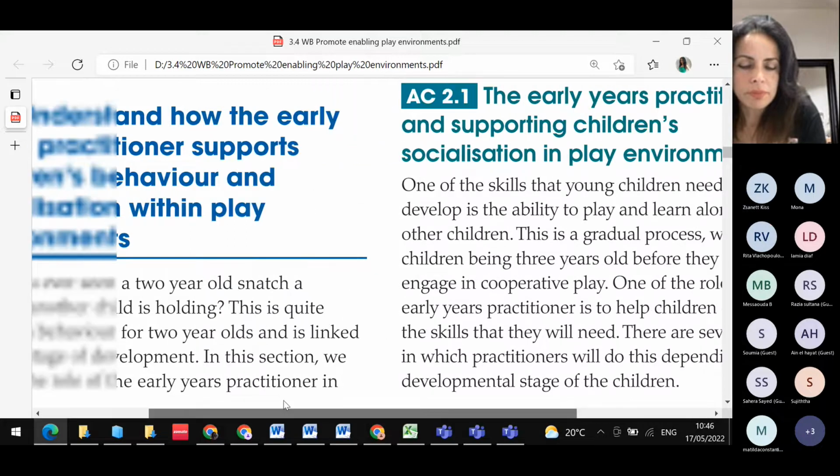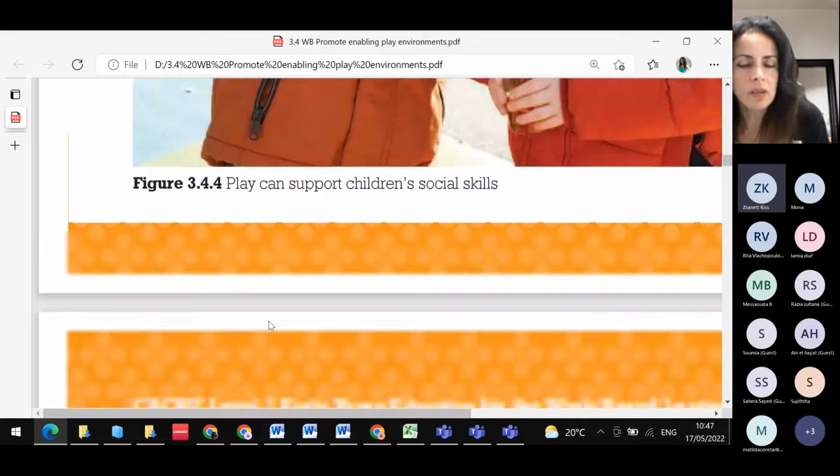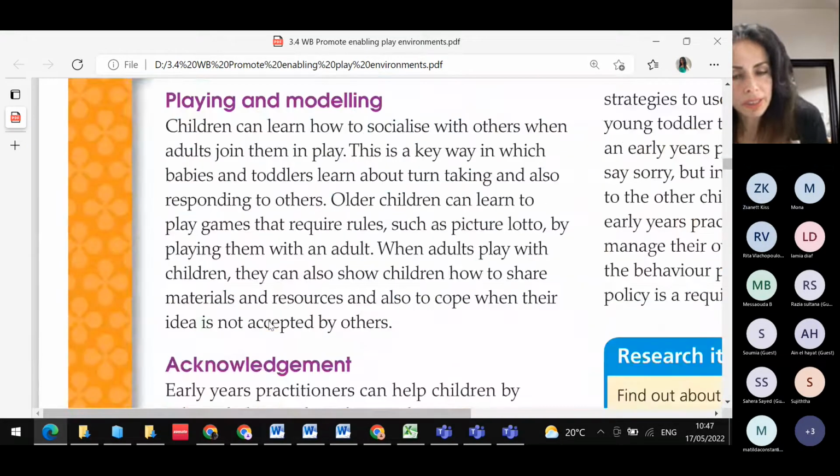And also playing and modeling, which is we think about different age groups, and how we can make these children think about different toys or games they would enjoy more, and we give them these, and we ask them to play with them,